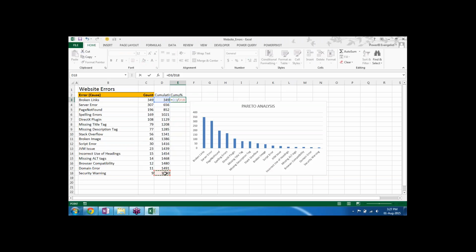Now for the cumulative percentage to be calculated, all the numbers should be in the numerator and the last number should be in the denominator. This is the fundamental thing that we need to understand while working with cumulative. The denominator will be the same for all of these numbers. So if you wish to keep the denominator the same for all these numbers, we simply need to press F4. The moment we press F4, we see that